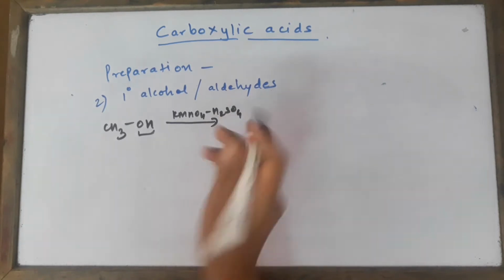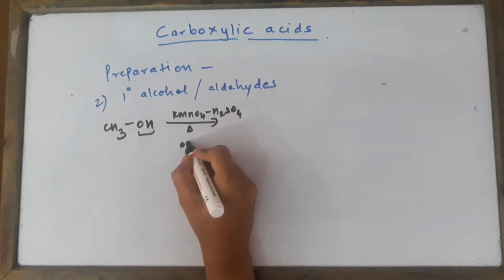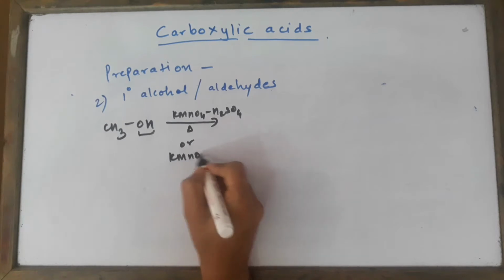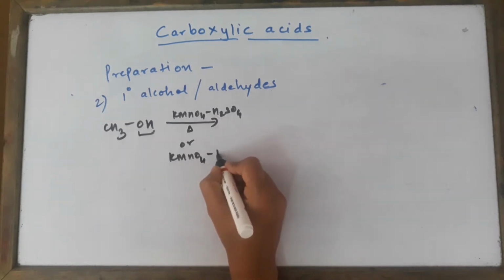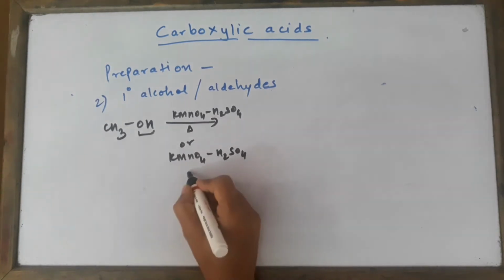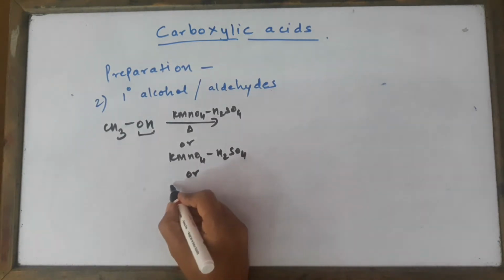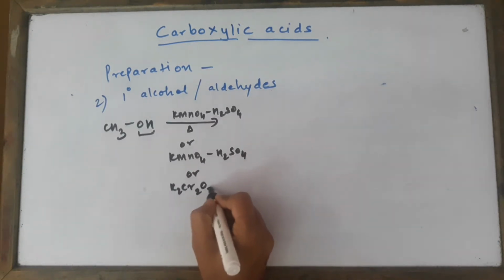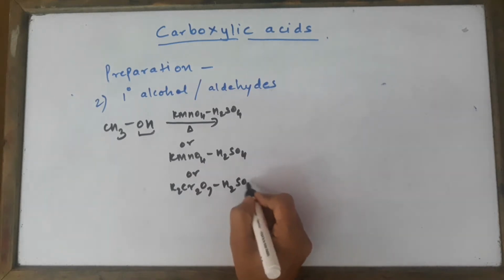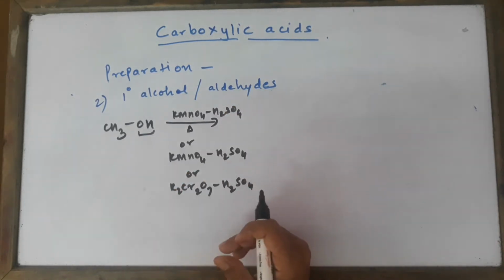same way, remember this reagent is quite important for our board exam, so we should not be forgetting this at any point of time. So KMnO4 with H2SO4 also you can remember. Alright, so it's not a big challenge for you to do this. K2Cr2O7 with H2SO4 also is a simple one. So any of these you can remember in exam.